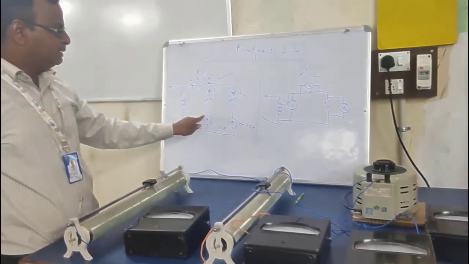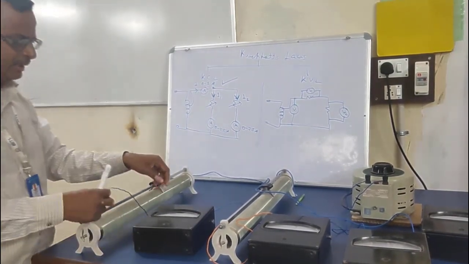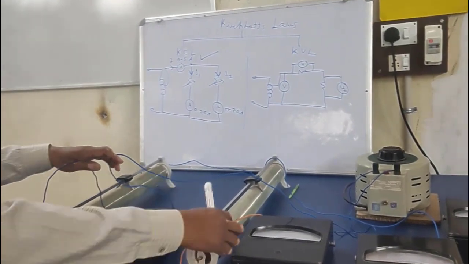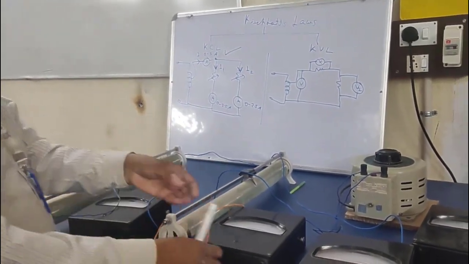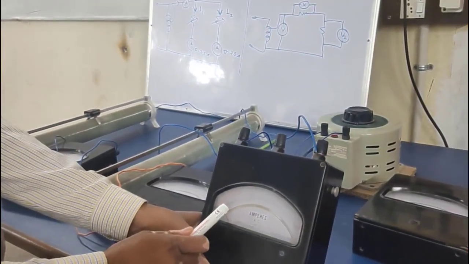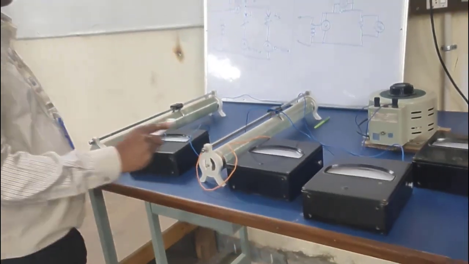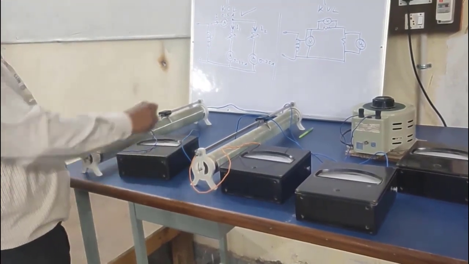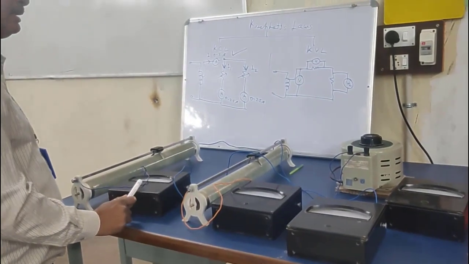Similarly, in series with these two resistors, 2 ammeters are connected. This ammeter connects in series and is connected here, the same way. Similarly, this ammeter connects in series with the second rheostat. So this ammeter indicates the total current I, and these indicate I1 and I2. Now we have to verify total current I equals I1 plus I2. So this is the total setup of Kirchhoff's current law.